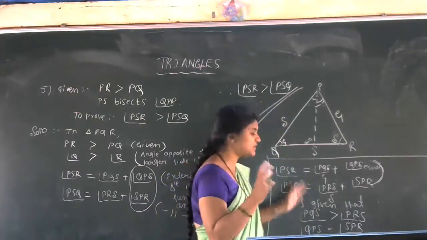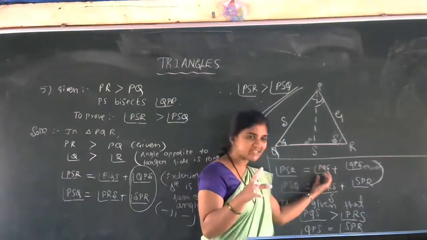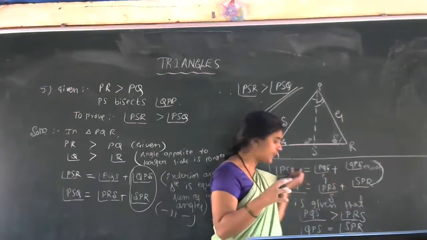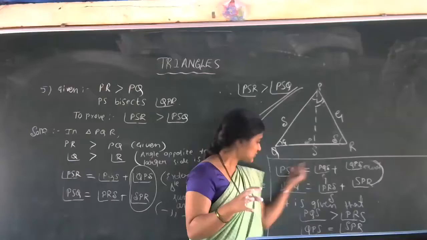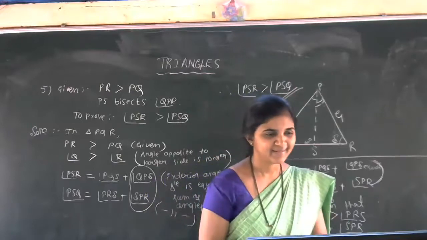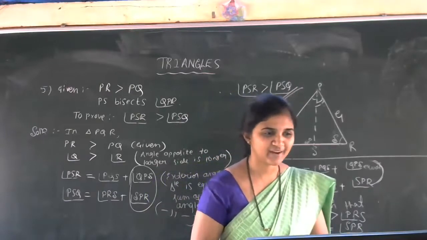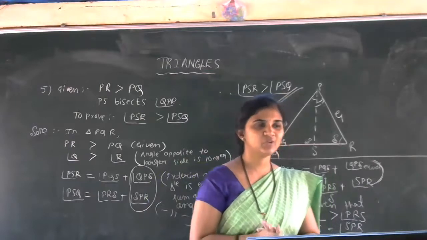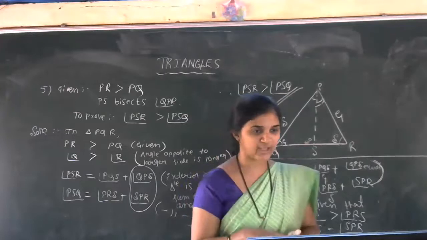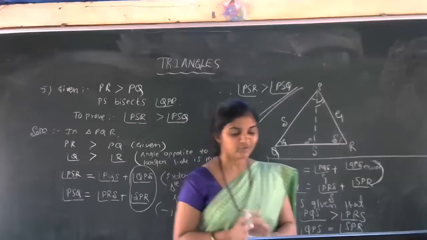Okay, so now next one. You have to distribute money. Here I must give more to this person and less to that person. Here if I give equal to both, then who got more? So PSR. Is that clear? Simple. We used the exterior angle of a triangle property, or you can use the interior angles property of triangles also. Is that clear, students? Yes, this is about the fifth problem.